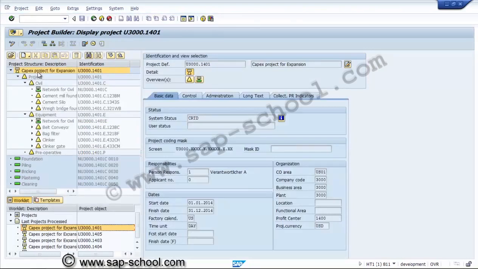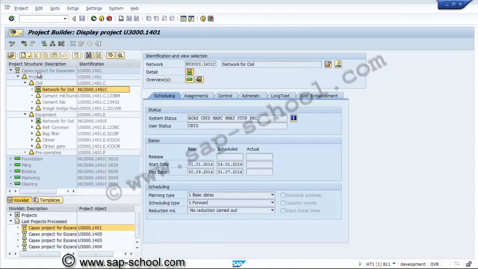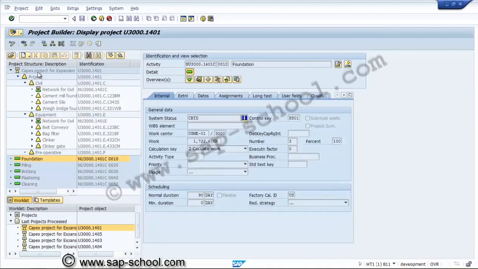Here we have created one network, and here one more network we have created, and all the activities are there. Now here one thing: in the existing project the networks have been created, and we have to assign the WBS elements for the network activities also.